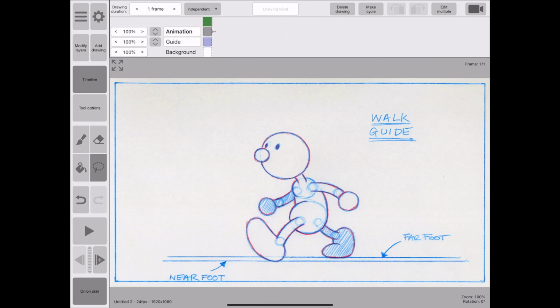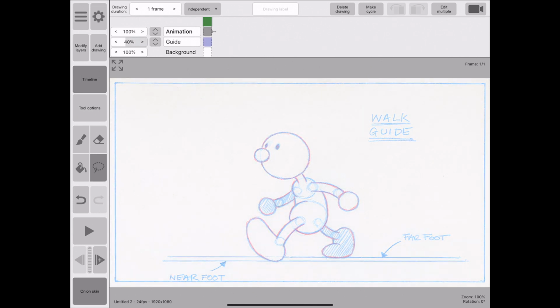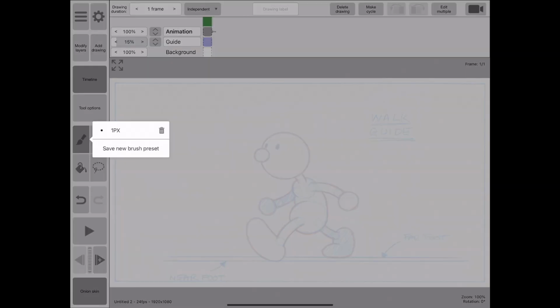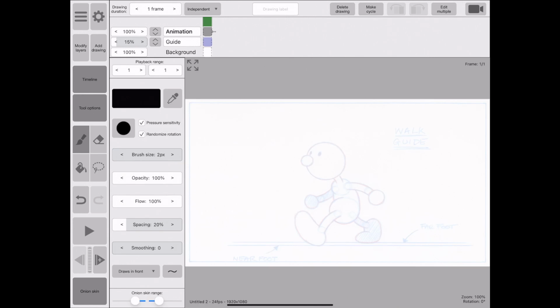So what I'm going to do is, this guide is too strong for me to look at right now. Here you've got a percentage, see, and it's fading as I move down the percentage. So I just see enough of it as my guide. I'm going to go to the pencil tool here on the left, and I'm going to ask to see the tool options, and I want my brush size. I'm going to increase the brush size to about something like 7,